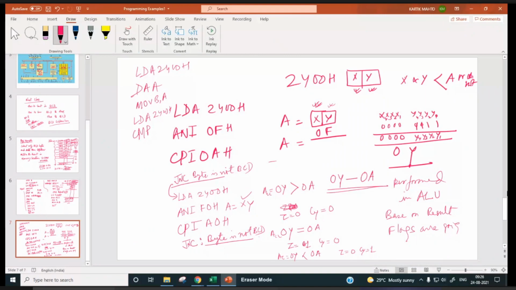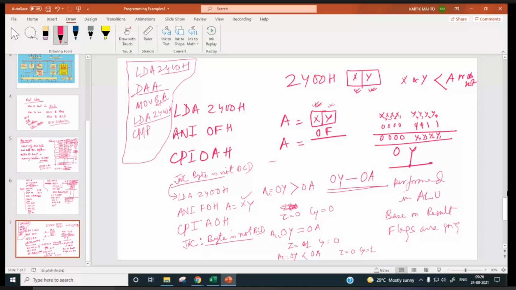You are going to have this type of question, so many questions will be there, and you have to answer quickly. So LDA 2400H, DAA, and the accumulator content is moved to B. Again, 2400 is transferred to A.